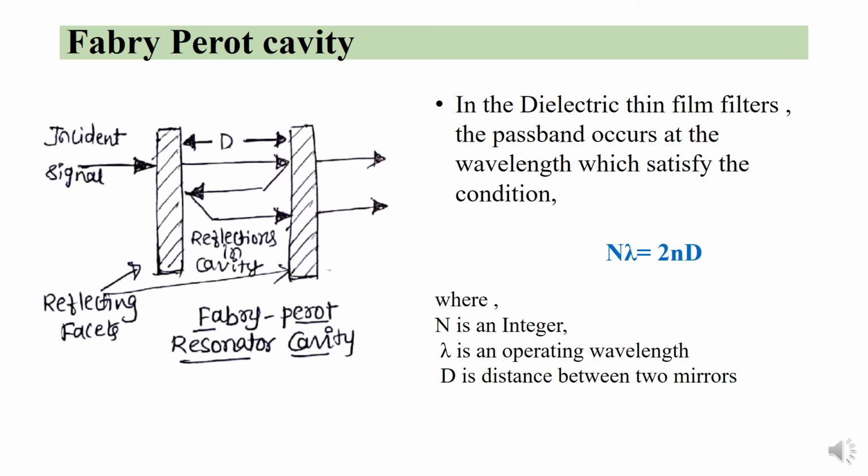When it hits the right side mirror, some portion of the light leaves the cavity and some is reflected. The reflected light strikes again the inner surface of the left side mirror, gets reflected again, and this process